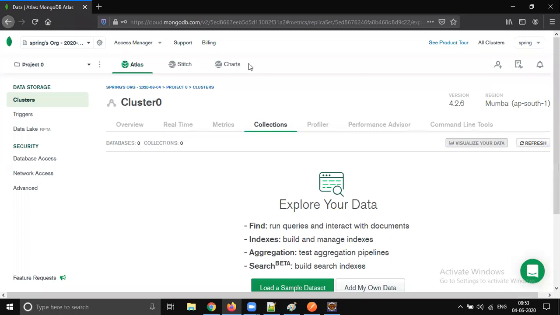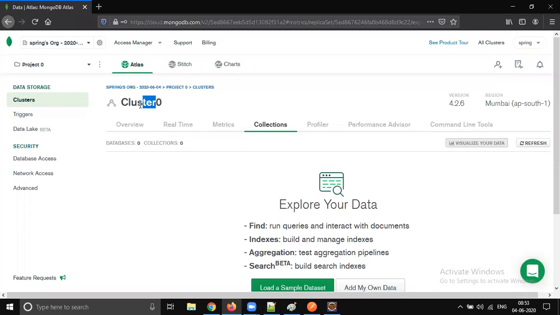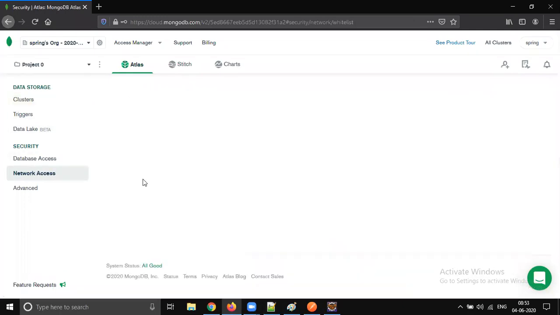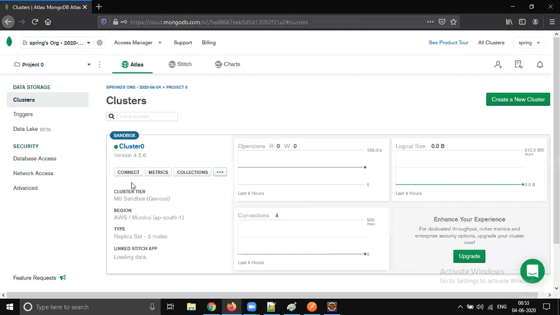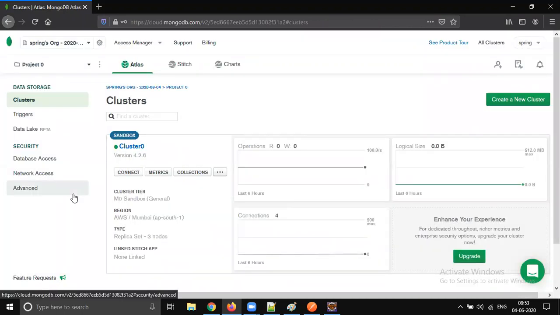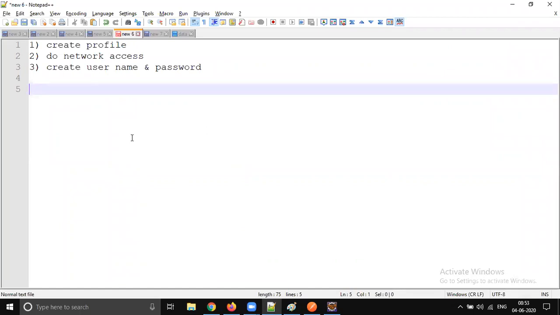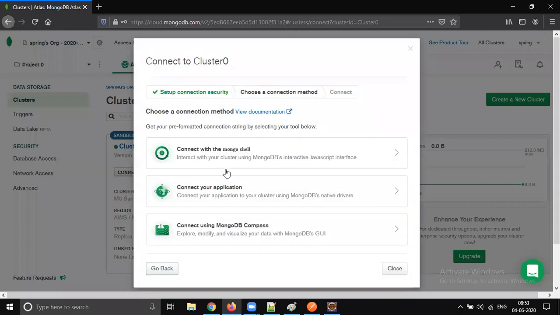So go to mongodb.com, click on cloud, create a profile, log in. It will ask you to create a cluster. Just select free, and go ahead with the default name. So it should be Cluster0. Once that is done, go to network access and whitelist. Let's click allow from anywhere. Again, come back to clusters and create one user. When you click on connect, it will ask you for the username and password you want to connect to this cluster. Those details you need to give, so that your database is ready.